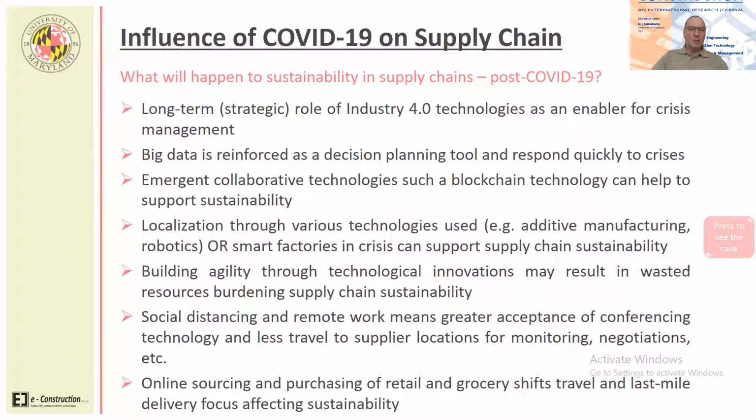So what happens to sustainability in supply chains post-COVID-19? Once we manage to survive this pandemic and the issues that we're facing today slowly disappear because of sufficient vaccination numbers, we have to look at what are the lessons learned from the current pandemic. So we look at the long-term strategic role of Industry 4.0 technologies as an enabler for crisis management. And in fact, if we look at what these technologies offer and what they are,